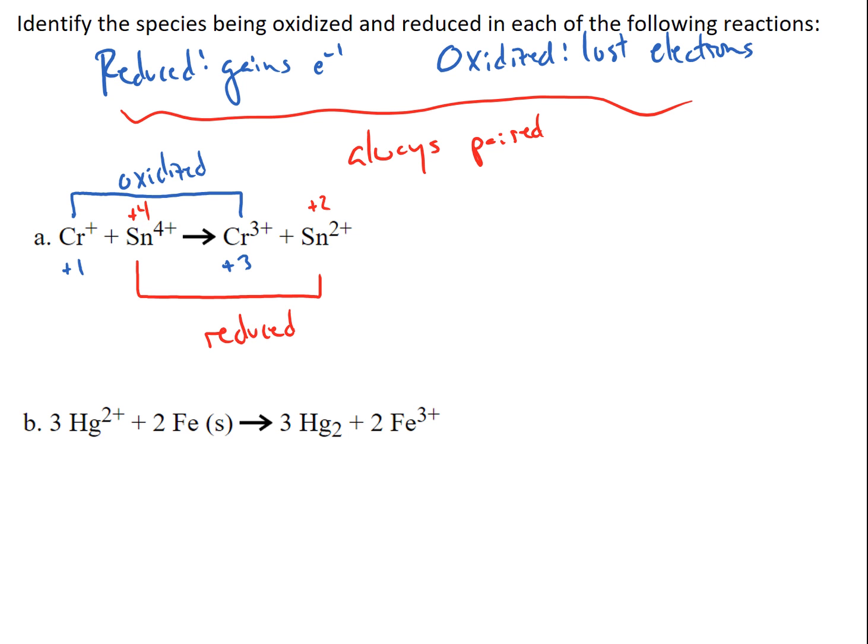In the second equation, we can do the same thing. We can look at the mercury, going from mercury plus 2 to mercury 0. In order for that to happen, mercury must have gained some electrons. That is to say, it must have been reduced. The iron goes from uncharged metallic iron to iron plus 3. In order for that to happen, it must have been oxidized